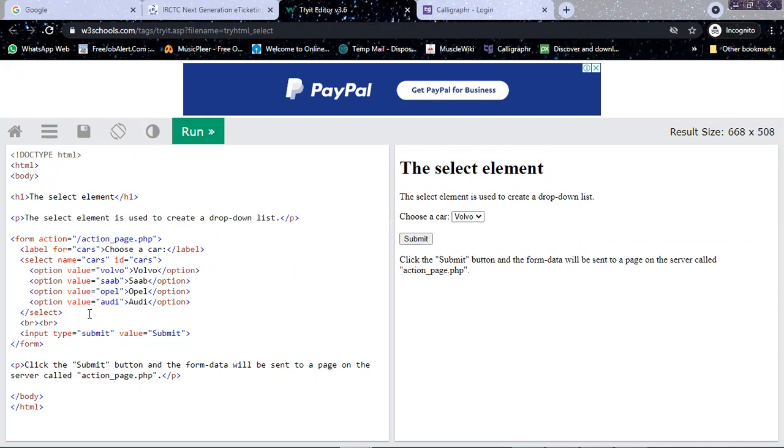In that case, those values will not be the same. If I am choosing Volvo, and that particular Volvo is not there, and I have other brands, then my test case should not fail.